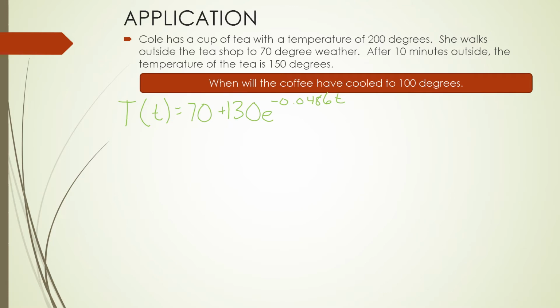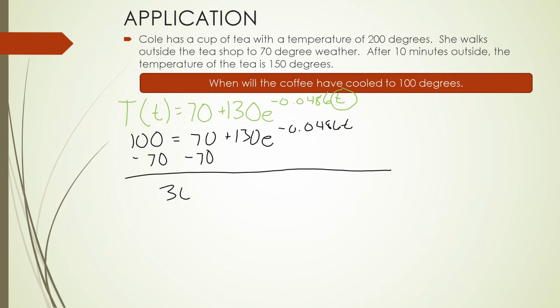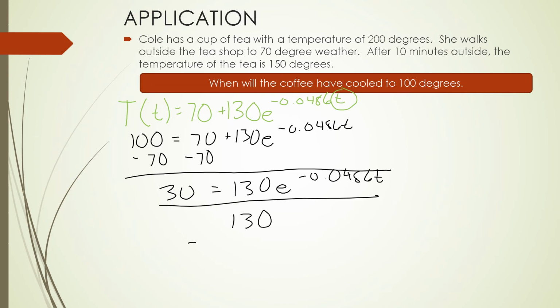For the next part of the problem, we are going to be solving for the time when the coffee will have cooled to 100 degrees. So we are going to plug in a 100 over here, and we are going to be solving for our t. First step is going to be to subtract 70 from both sides, and then we are going to divide by 130. That is going to give us 3 over 13 equals e to the negative